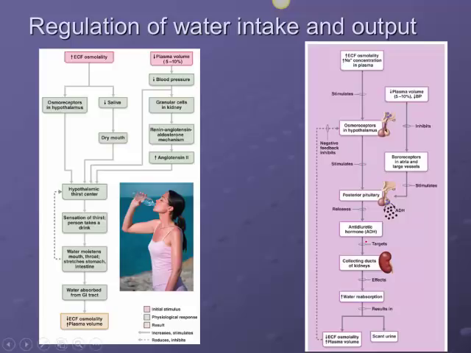So on this side, it shows you how ADH is secreted. On this side, through the renin-angiotensin mechanism, how aldosterone will be secreted, and that will regulate how much urine will be passed out depending on whether you drink more or you have less. Okay,